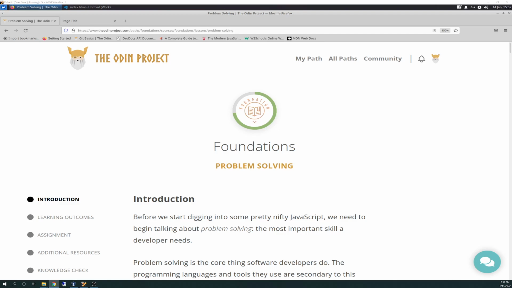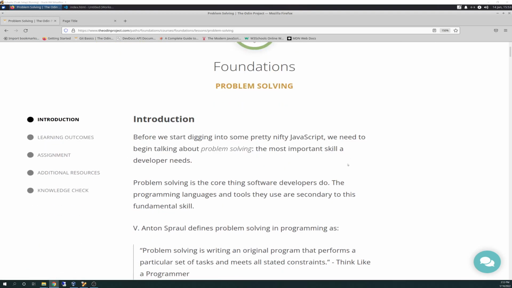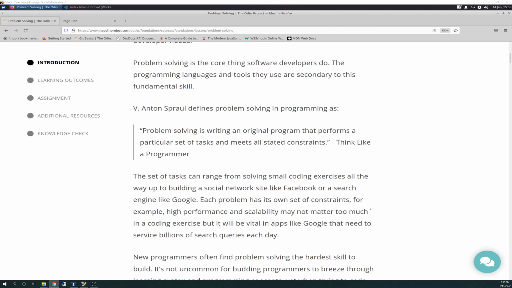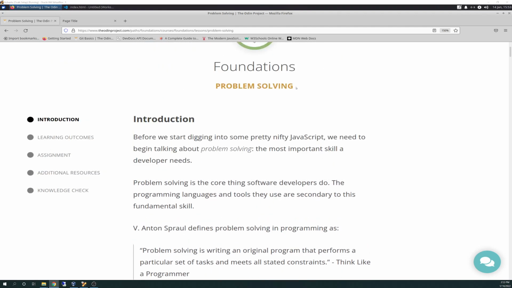Number 39. So we're in the problem-solving section of Foundations today. It's not a big section. There are a couple of meaty articles to read that I won't go over just for the sake of time, but this is not something to skip. Take your time and read through this whole thing, including all the articles, very, very extensively, because problem solving,